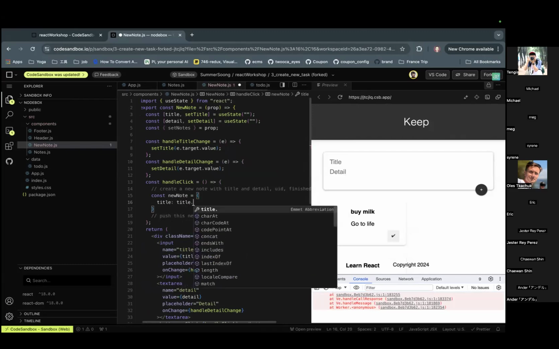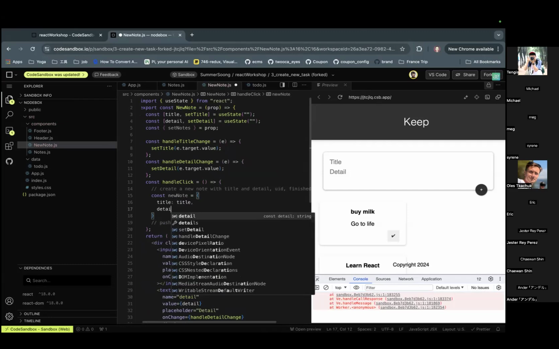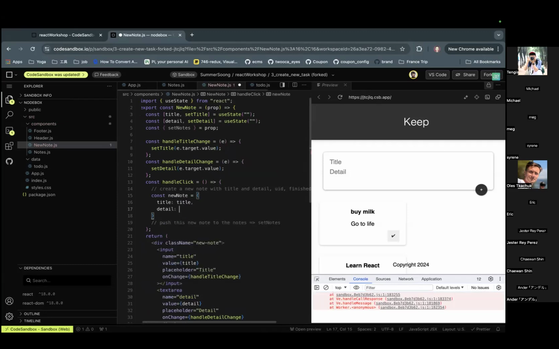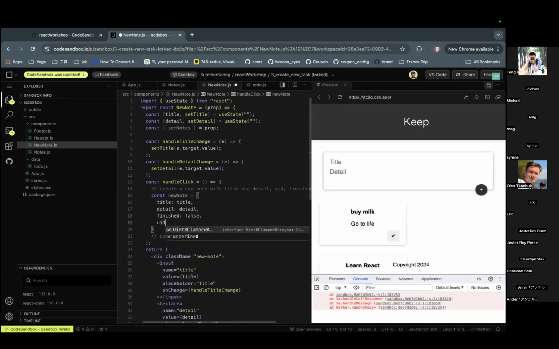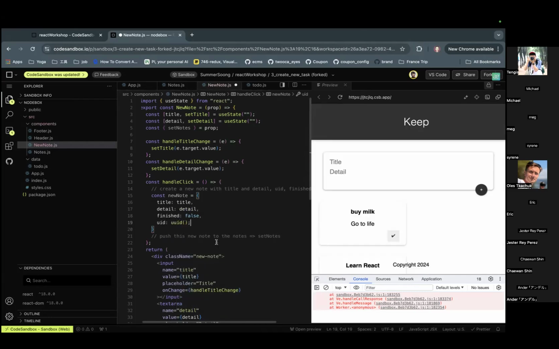And detail. And finished, both, because when I created, I couldn't finish it. And UID. So UID, I can use the UUID method and import it